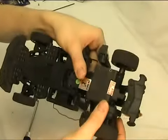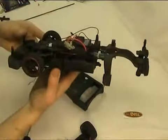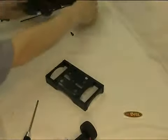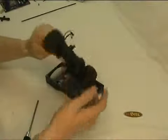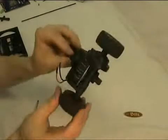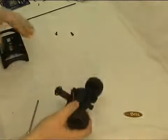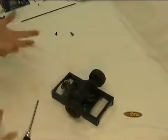With those removed, that pod will just come away from the main chassis. So now you can pop the chassis to one side, and then we're left with our rear pod to then disassemble. First thing to do, remove the